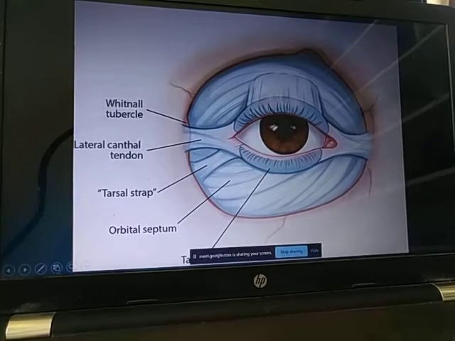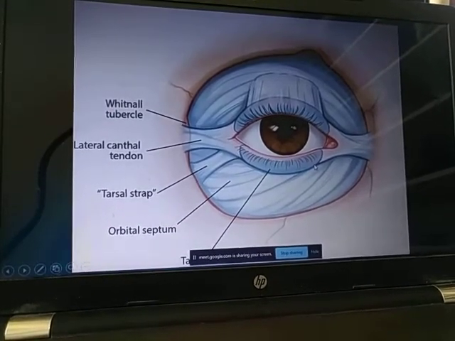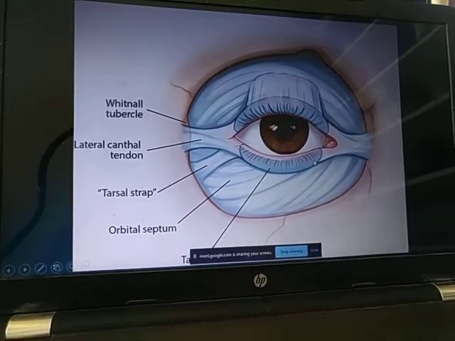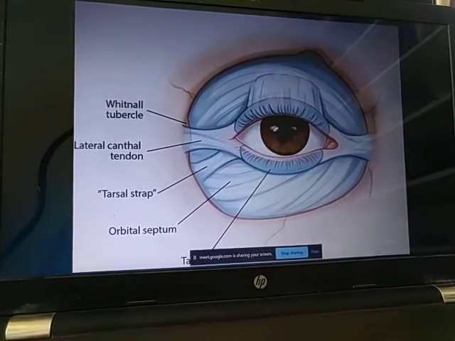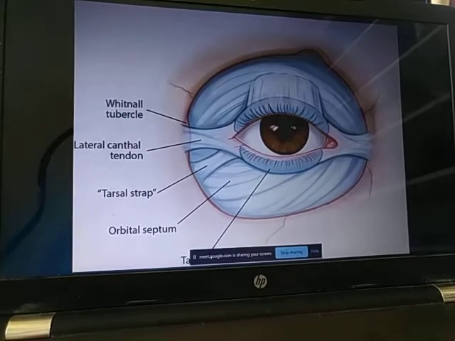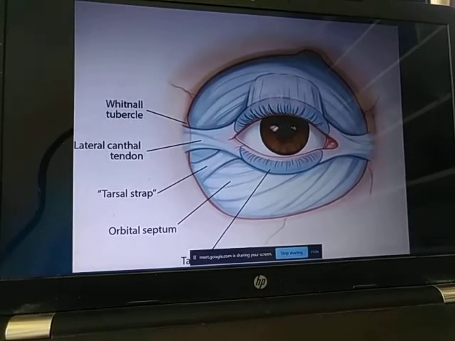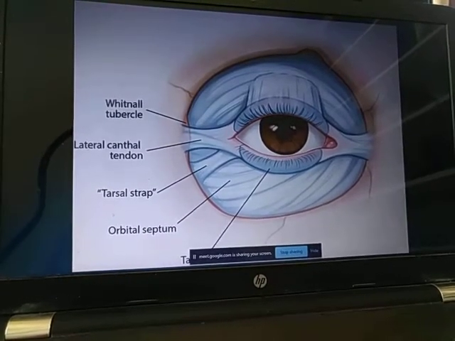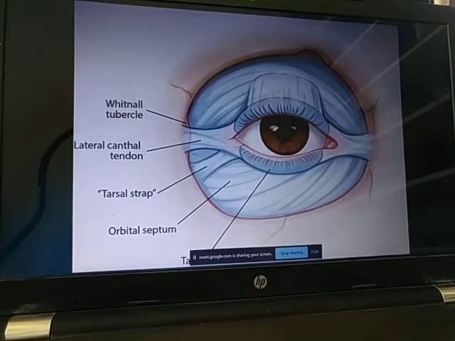These canthal ligaments and the tarsals will prevent the pressure from getting released. The eye will keep on getting more pressurized and compressed, and it might cause the optic nerve to get compressed, causing an optic nerve neuropathy, leading to blindness, even permanent blindness. Not just transient blindness, even permanent blindness can also happen.